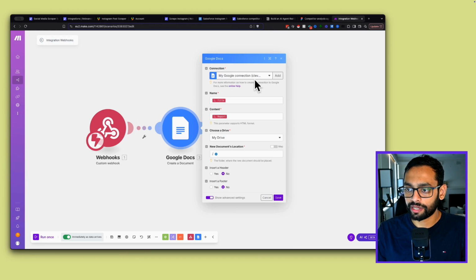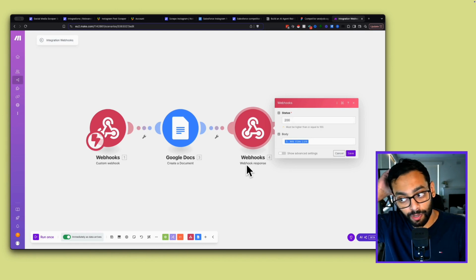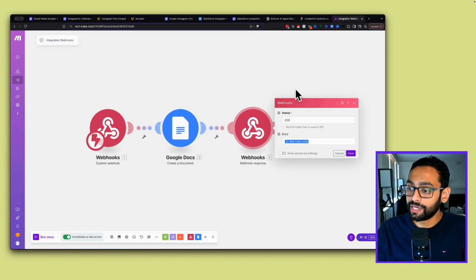I've got my Google account linked to make.com. And in terms of the information that's coming through, I've got the title and I've got the report. So that's the information that I'm sending over from Relevance AI. And then I've got a webhook here again, which is a webhook response. So all I'm doing is